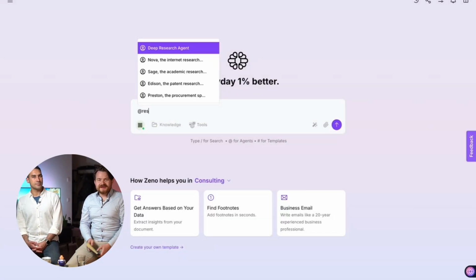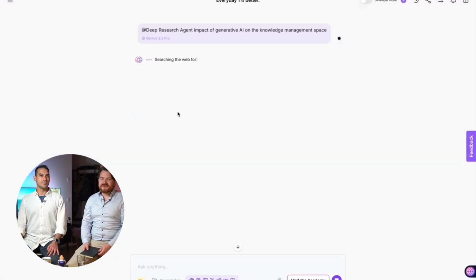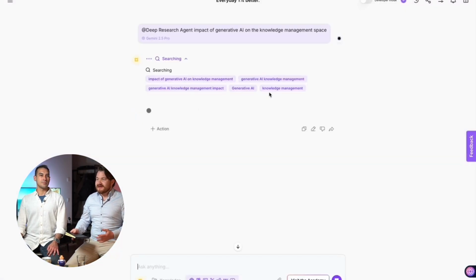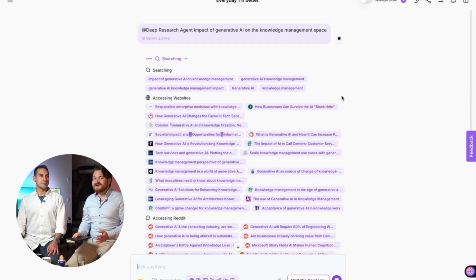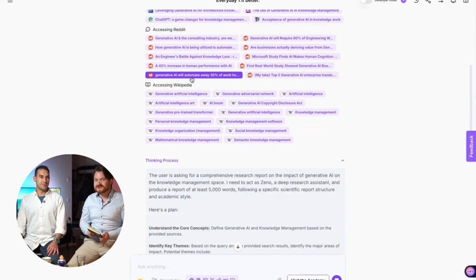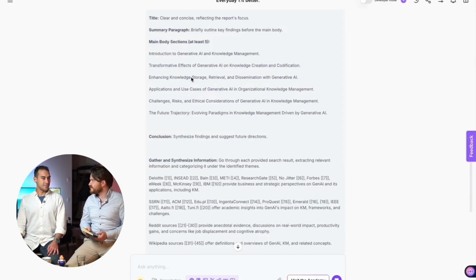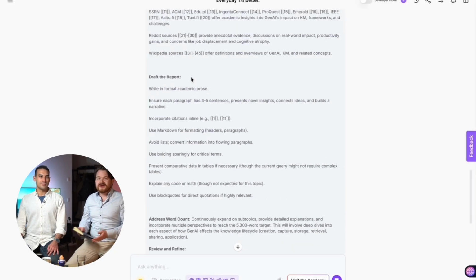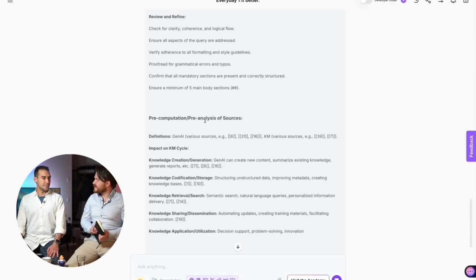So besides adding all those new capabilities to Zeno and also expanding a lot of new standard agents we are adding to the portfolio, a deep research agent will also be released to production very soon, where we're very curious what feedback we will get for that. In particular, enterprise customers have been asking for this.